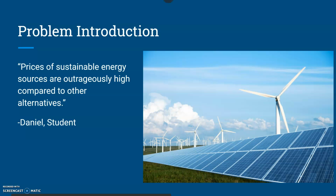Something we noticed when talking with consumers is that a significant number of them wanted to support sustainable energy methods but didn't have the means to do so. In talking with one of our research consumers, Daniel, he said that the prices of sustainable energy sources are outrageously high compared to other alternatives, which is a common thread we've noticed among consumers. So the goal of Energy Tile is to find a solution for this problem, which is also an area of personal interest for me, since I'm studying sustainable power systems in electrical engineering here at Arizona State